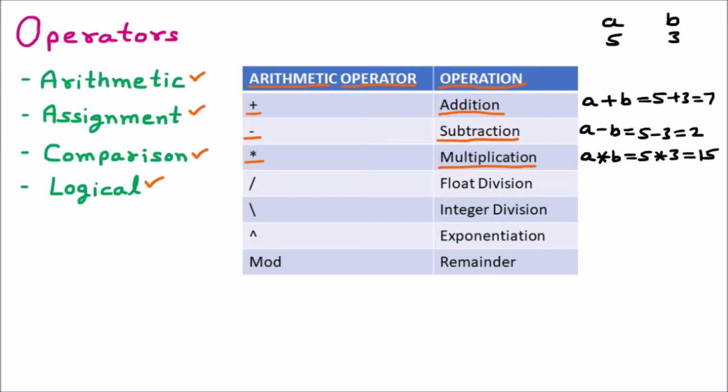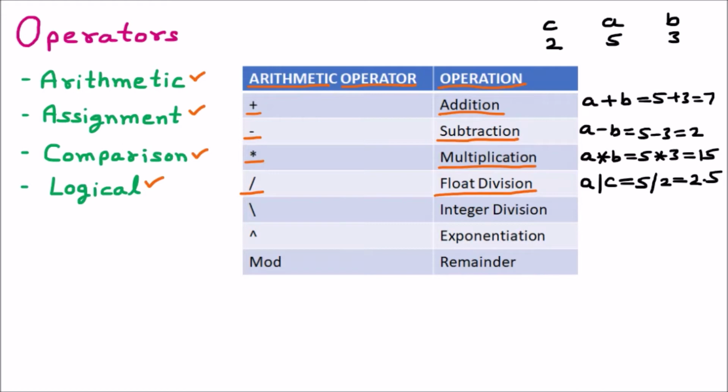The next operator we are having is float division. That is very important. This is the division operator, float type. Let's say I am taking one more number here, C, and the value of C, let us suppose, is 2. If I am saying A divide by C, we know that A is 5 and divided by 2, so we know that it is 2.5. This is the float division because you can see that the point value we have taken, so the values will be coming in decimal also.